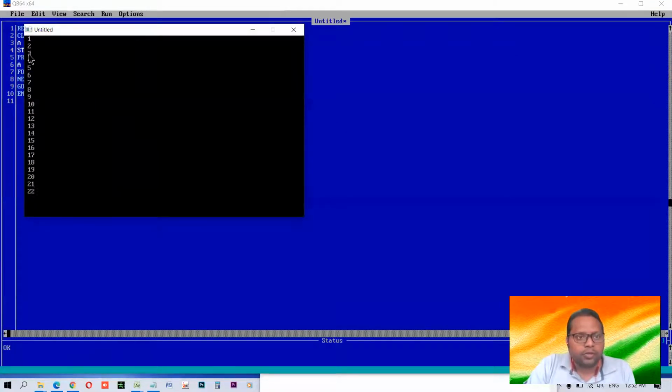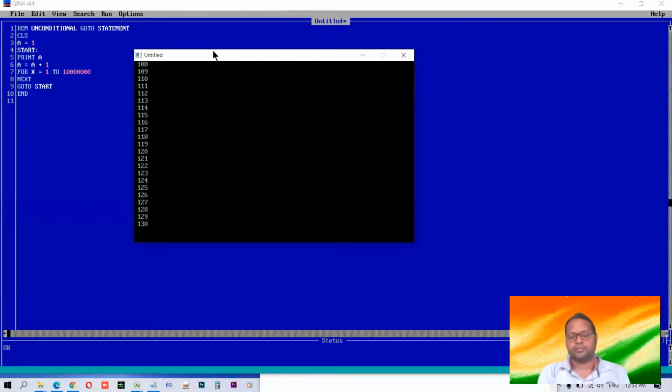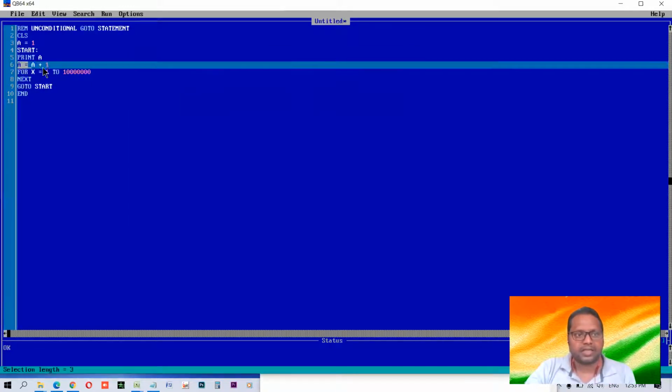Now see, one, two, three, four. Now it's continuing. Now you can see a remarkable difference. Now you could understand how it was working, and you know how long it will go. It is a non-ending kind of thing. It will never stop until you switch off your computer or stop it using control break. So this is how the computer will keep counting. This is a counter. A is counting. A is equal to one means it's counting.